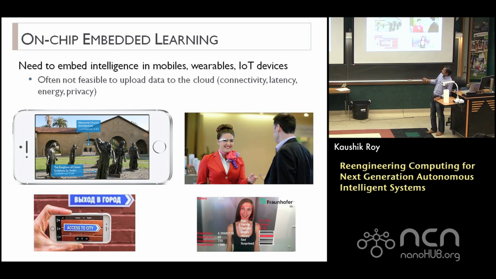The other side of it, which is also interesting to look at, is on-chip embedded learning. That was actually on very high-performance machines. If I think about on-chip embedded learning on handheld devices, an example is this Google Glass, where I'm showing one of the flight attendants, I think from Virgin Atlantic or somewhere, wearing this to recognize maybe the important customers and give them the right kind of service, knowing that this person likes a certain kind of coffee. I might be able to serve you better by recognizing you.